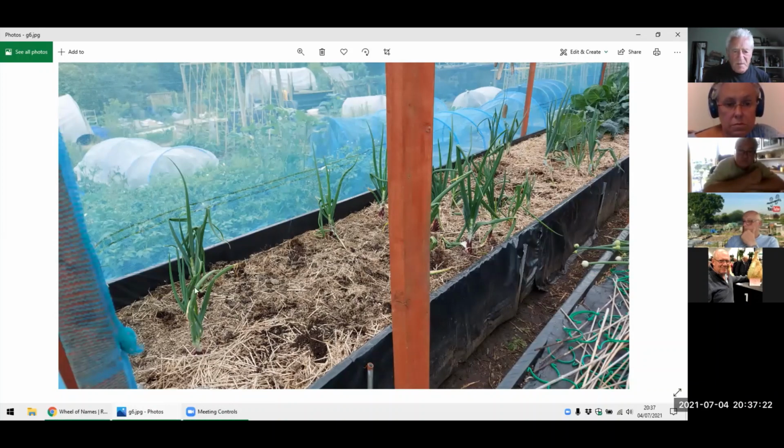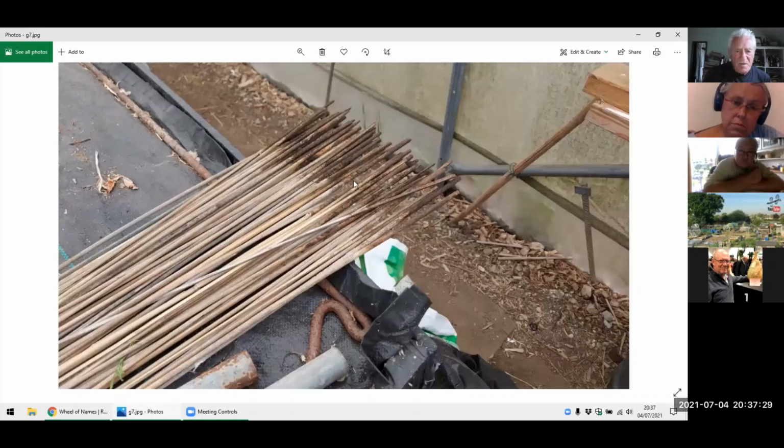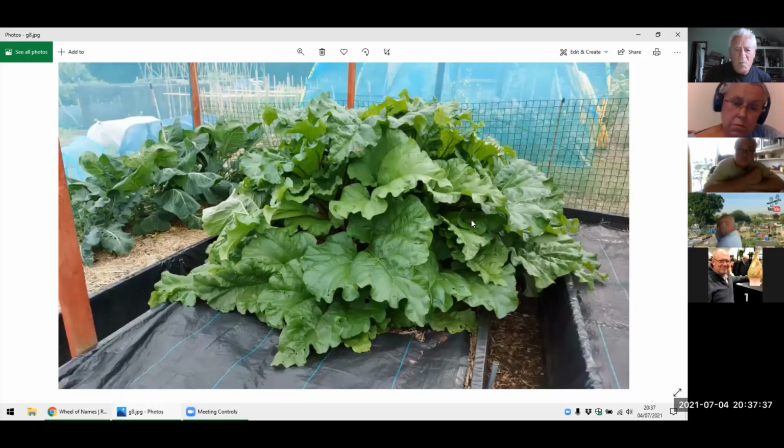Potluck. The ones that are left in obviously haven't gone to seed, so I haven't lost a lot. The canes I've taken up, and my clips, we put down in the polytunnel on the plot to dry the bases out. Rhubarb, if you remember a couple of months ago I picked quite a lot off this and